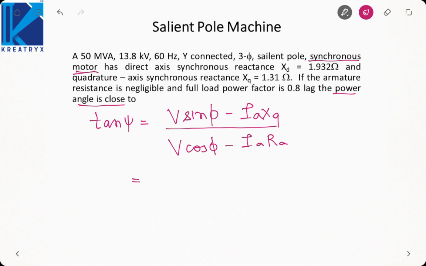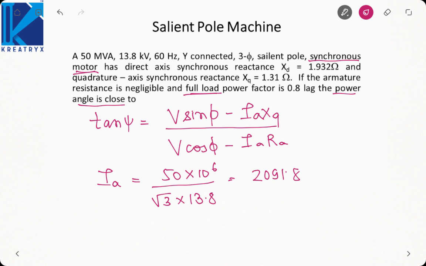So what happens now? The armature current is not given to us, so we have to find armature current at full load. Full load is 50 into 10 to the power 6 by root 3 into 13.8. So this armature current comes out to be 2091.85 ampere. Now remember, in this formula, whenever you put the voltage, it must be phase voltage, which is 13,800 by root 3 into sine phi will be 0.6